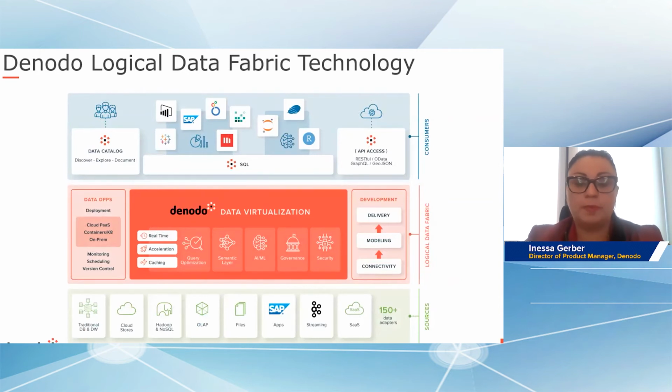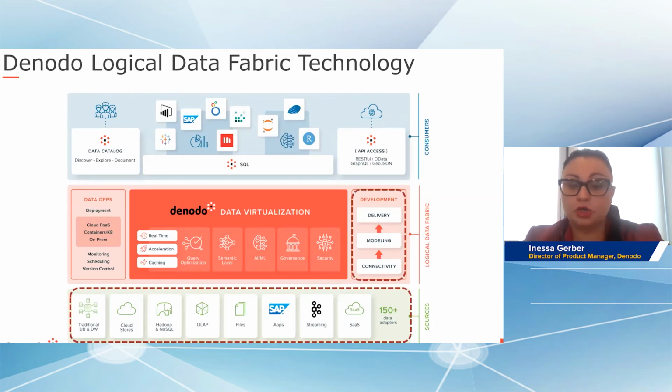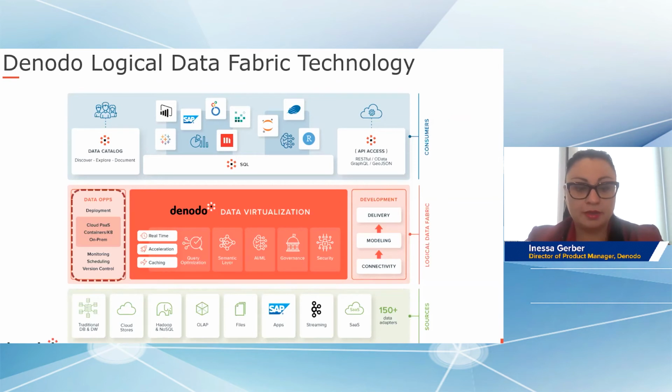So let's talk about what data virtualization is and how it can help us. Data virtualization becomes your centralized abstraction layer between the consuming application and the actual data itself. First, data virtualization enables you to connect to any data source, any data lake, Hadoop system, anything out there. Once you establish the connection, you can create a semantic model on top of the connection, and you can start connecting data together in a semantic model. You can deploy the solution in any environment.